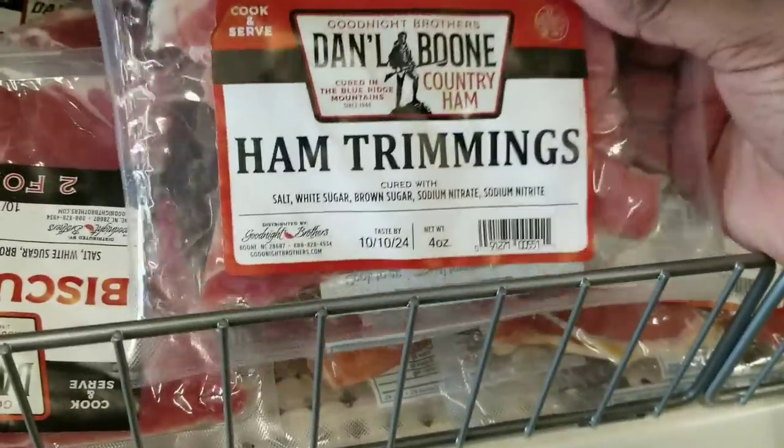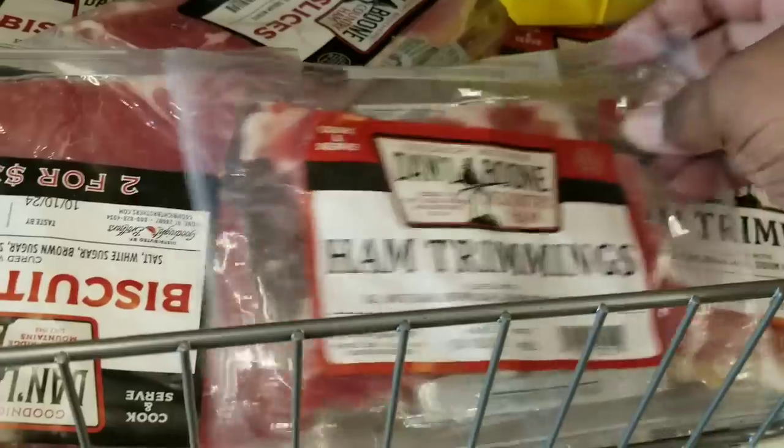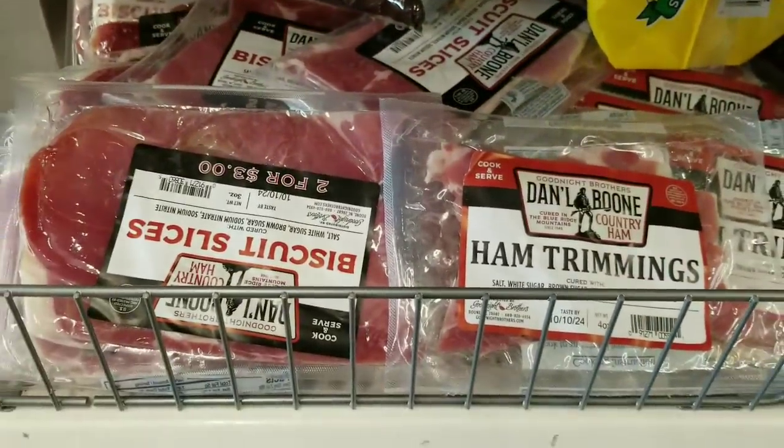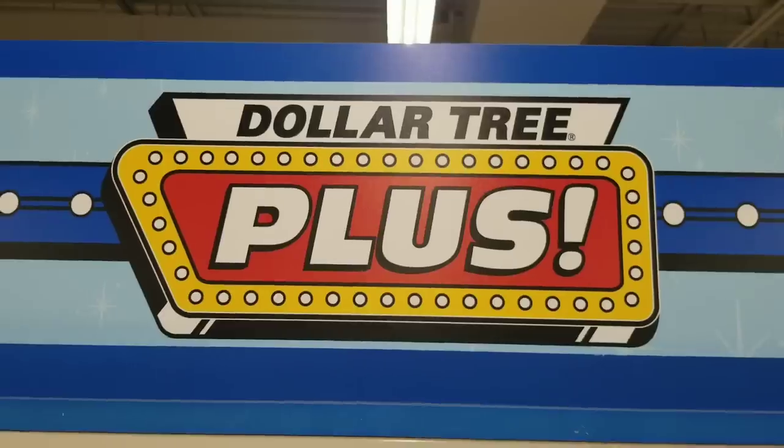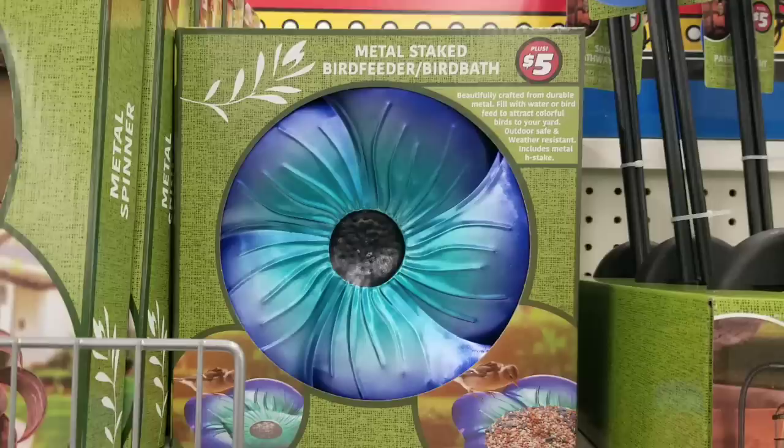Now they have the biscuit slices, and then here they have the ham trimmings. I can throw these in my pantry, not worried about refrigeration. I love to use these in like green beans and red beans. It's so much fun. So now we're going to walk over to the plus section to see what they have,